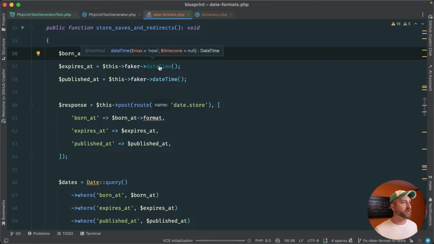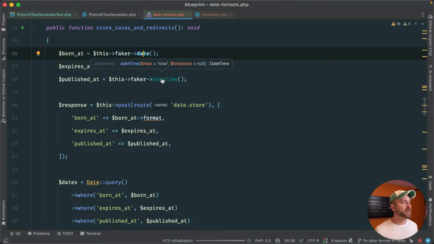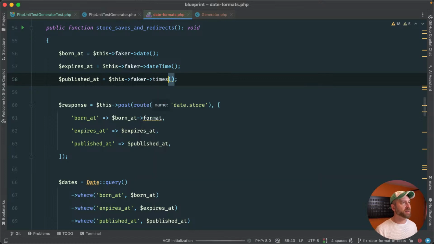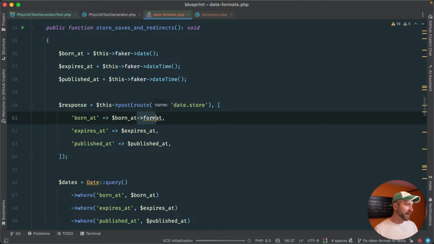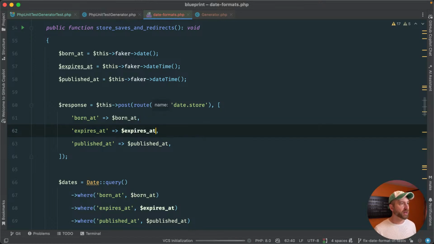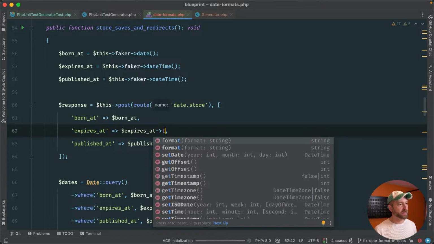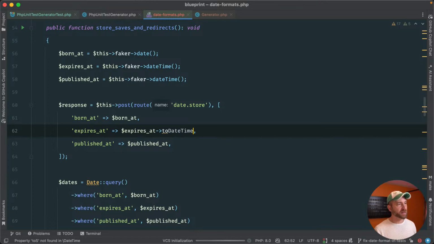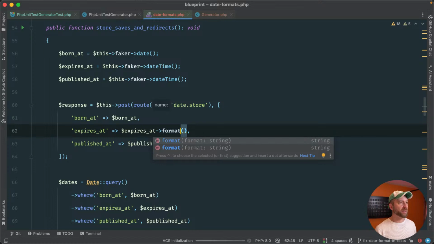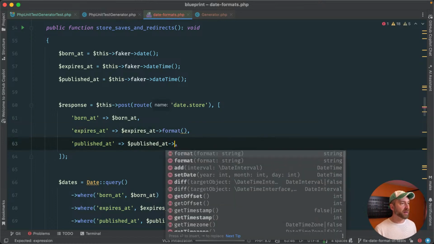What does date time return? Date time returns a date time object. Is there such thing as timestamp? No. Okay, so date is actually fine. It's probably why we haven't seen this issue that much. This one needs to be, see, if it were carbon, you could say like to date time string. I don't know what that format is off the top of my head. For a timestamp though,